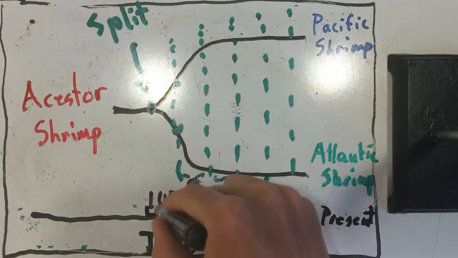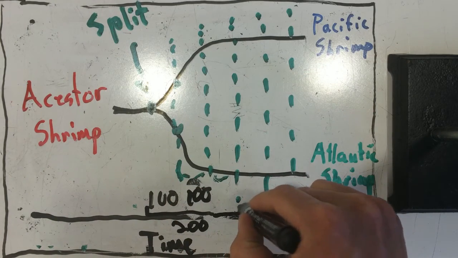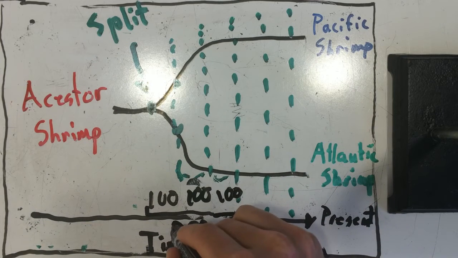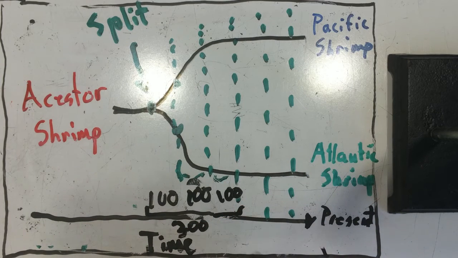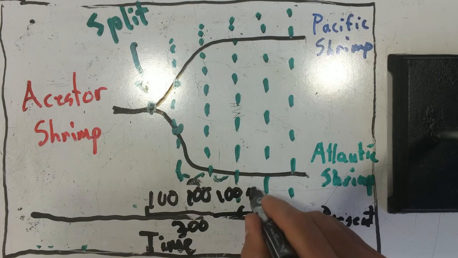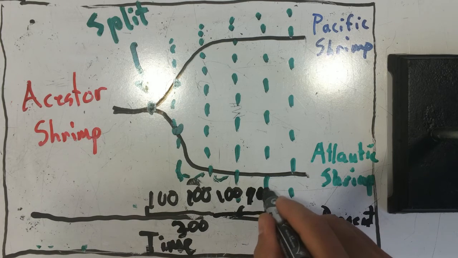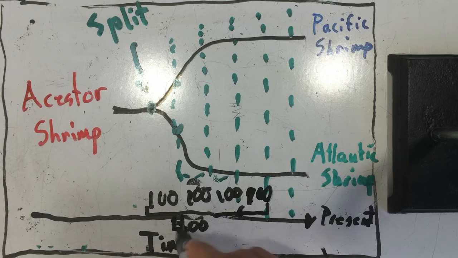After 3 million years, we would expect to have an accumulated total of 300 differences. After 4 million years, we would expect to have an accumulated total of another 100. That brings us to 400 differences, and so on and so forth. So that gives us a way, based on the number of DNA differences between two populations, to tell how long